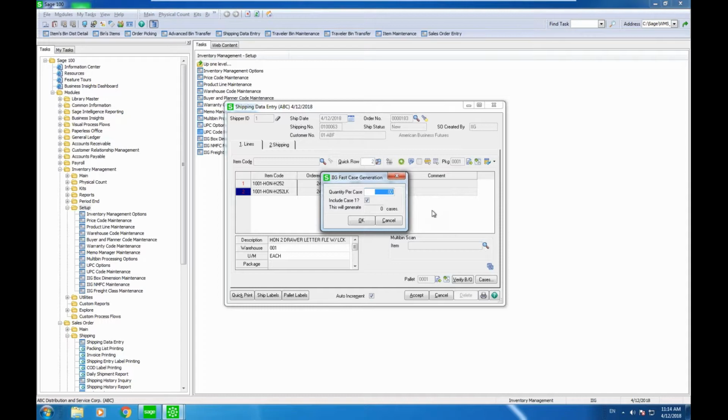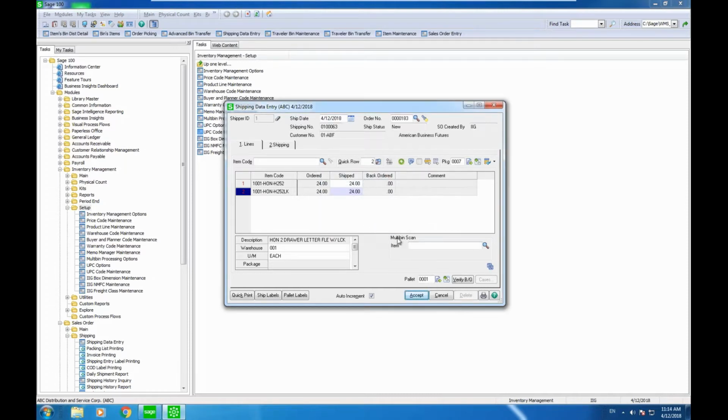So I can say quantity per case, I put in 4 per case. It knows the quantity was 24, so the system will automatically create the packages that are needed. It's put them on pallet number 1, but notice the package count went to 7 because I told it I put 4 in a box. The quantity was 24, so it processed that many. So I can do the same thing,